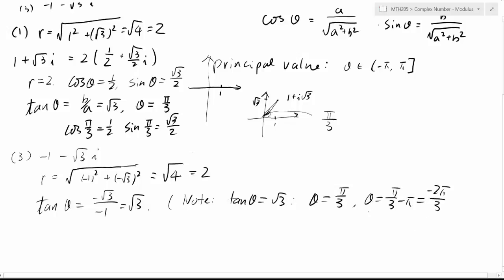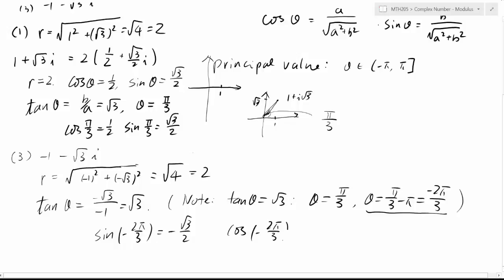And we will see this is now actually our answer. So by tangent theta alone, we cannot tell what this theta's principal value is. We have to look at the signs of cosine theta and sine theta. Or we can say the following. That reason is that sine of negative 2 pi over 3 is exactly negative root 3 over 2, and cosine of negative